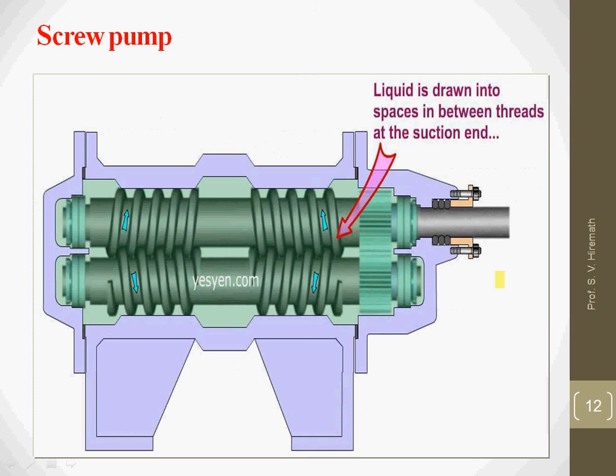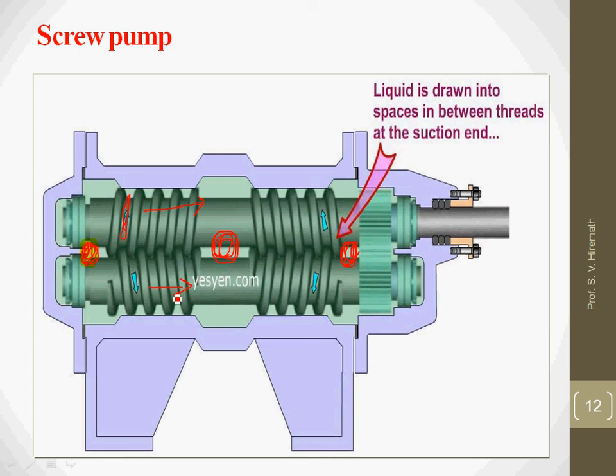And the next type of pump is the screw type of pump, which consists of two inlets on both sides. On the left side we have one inlet, and similarly on the right side we will have one inlet, and at the center we will have the outlet. From both sides we supply the hydraulic fluid, and the gap between these grooves is utilized to occupy the hydraulic fluid as well as to transmit it from this end to this end.